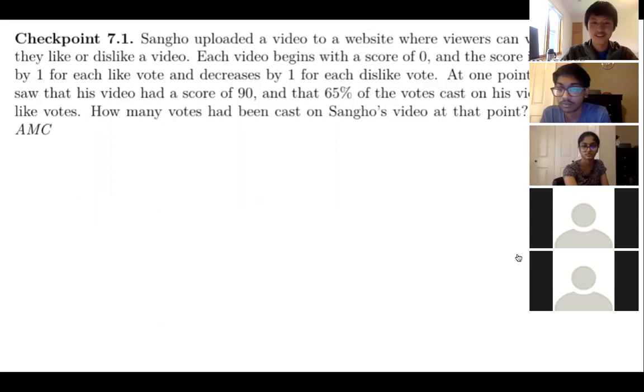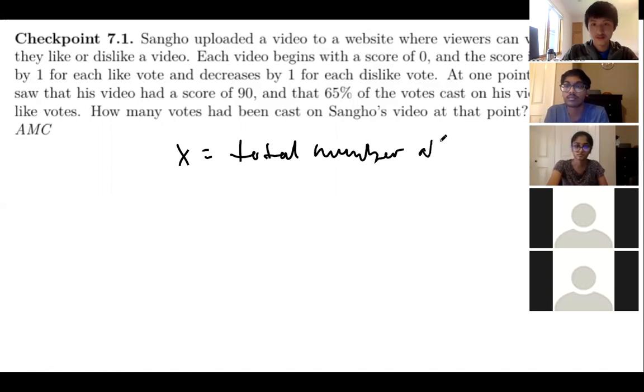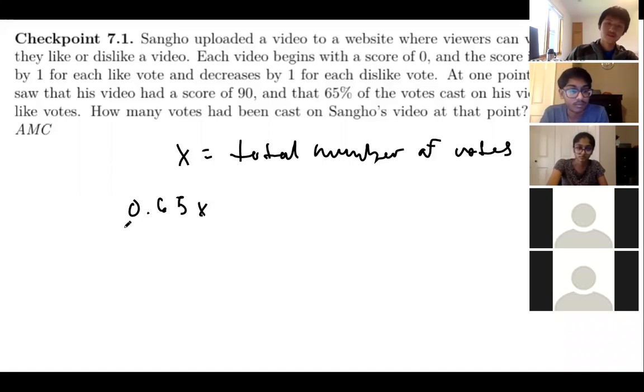Okay, well, for this one, we can let the variable x be the total number of votes. And we know that 65% of the votes were like votes. So 0.65x would be the number of votes that were likes. And at the same time, if 65% of the votes are likes, then